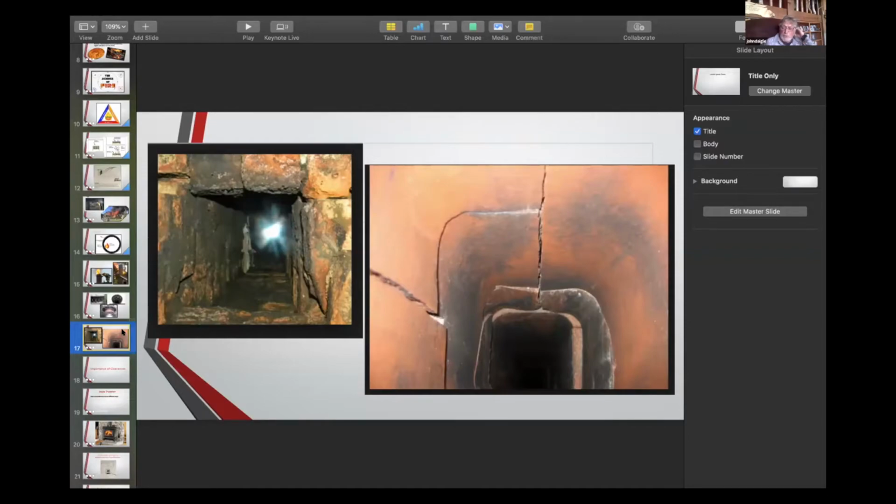So if you're just a regular home inspector and you're not actually doing a technical chimney inspection, you still want to know if these conditions exist, especially if there's no liner, and also if the flue liner, like the one on the right-hand side here, is cracked. Because what's going to happen if you get a creosote build-up like we saw in the previous pictures in this chimney on the right,